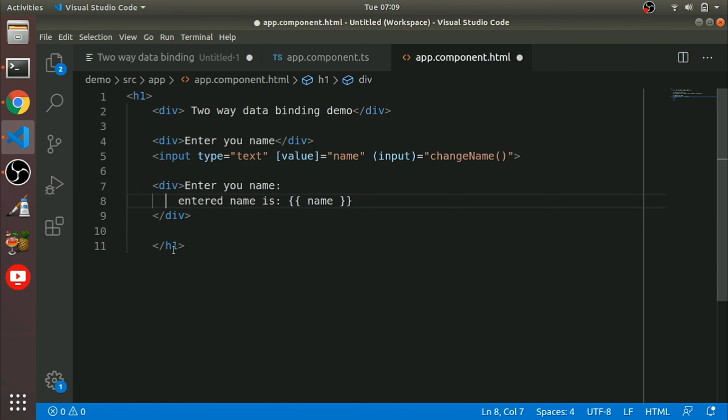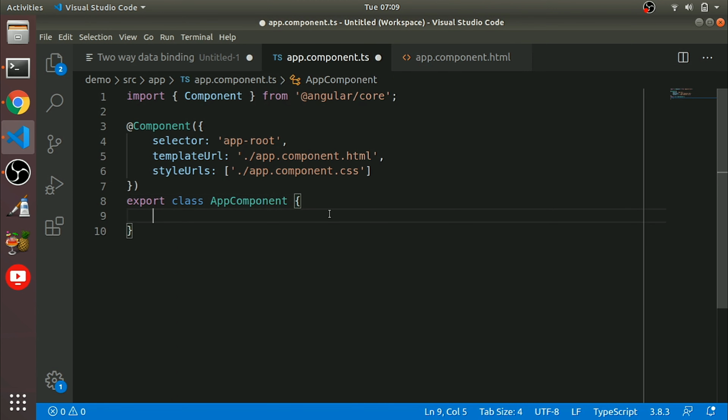So first, we added an h1 for better visibility. Then we put two-way data binding demo, then enter your name. This is an input type text element, which has a value property and an input event. We'll use these two things to create a two-way data binding demo. First we define a property, name equal to blank.